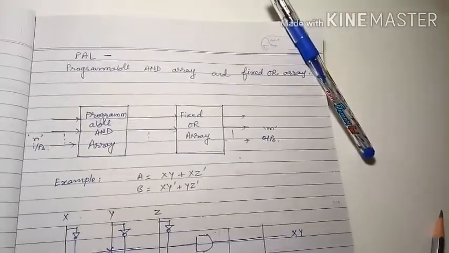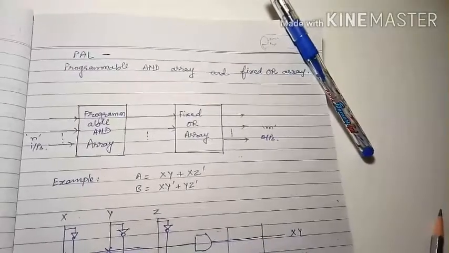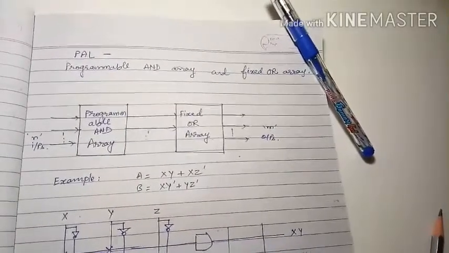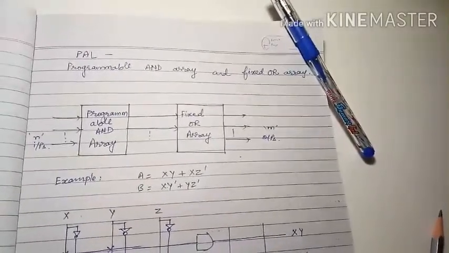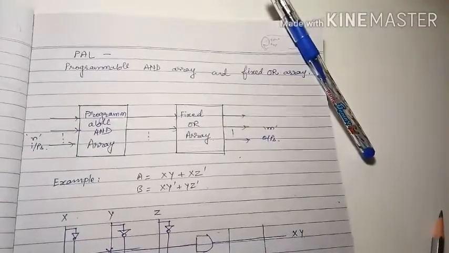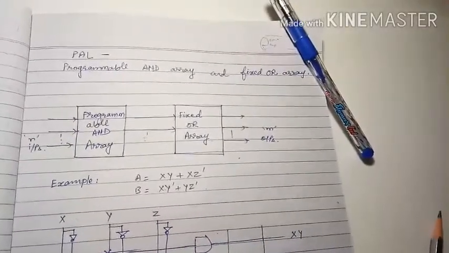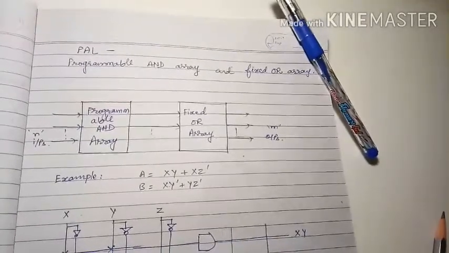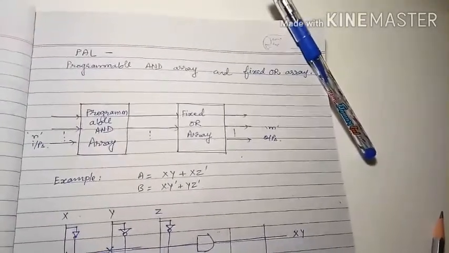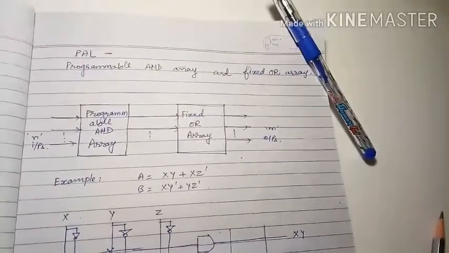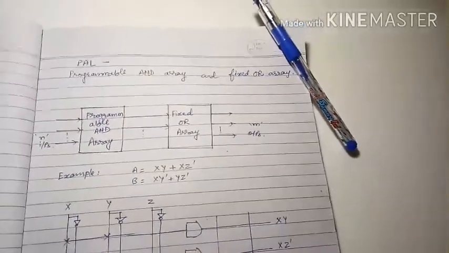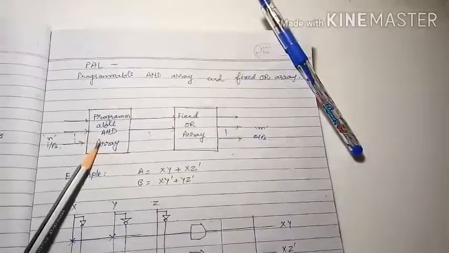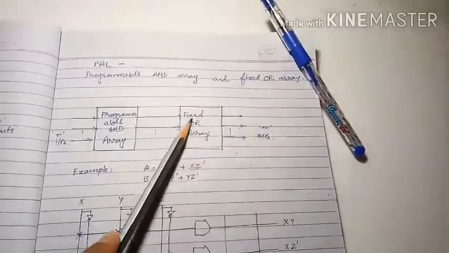The advantage of PAL is that we can generate only the required product terms of a Boolean function, instead of generating all the min terms, by using programmable AND gates. In the block diagram it is clear that we are using a programmable AND array but only